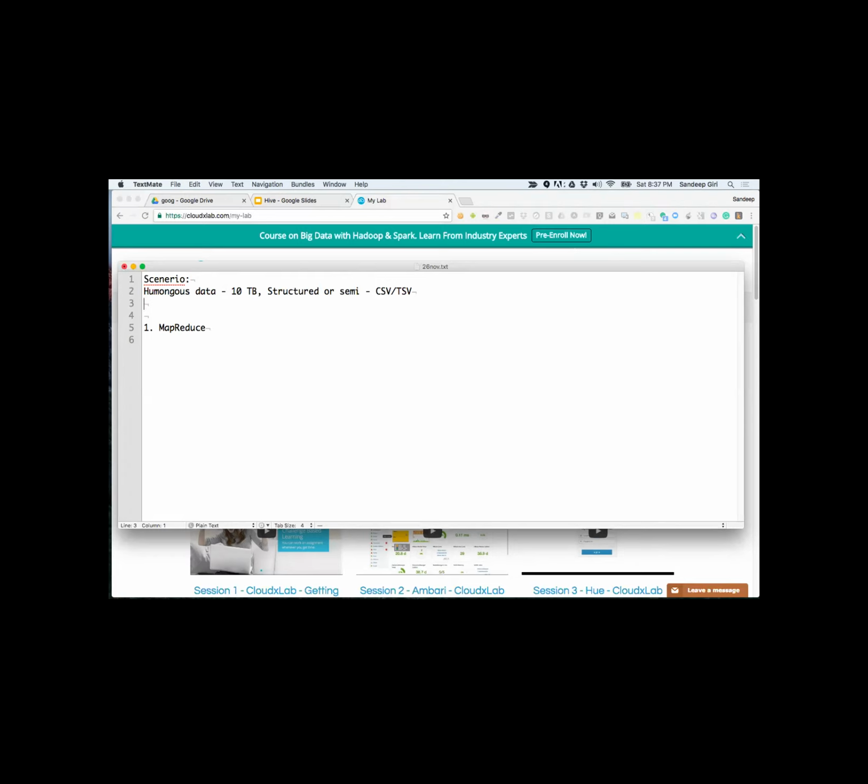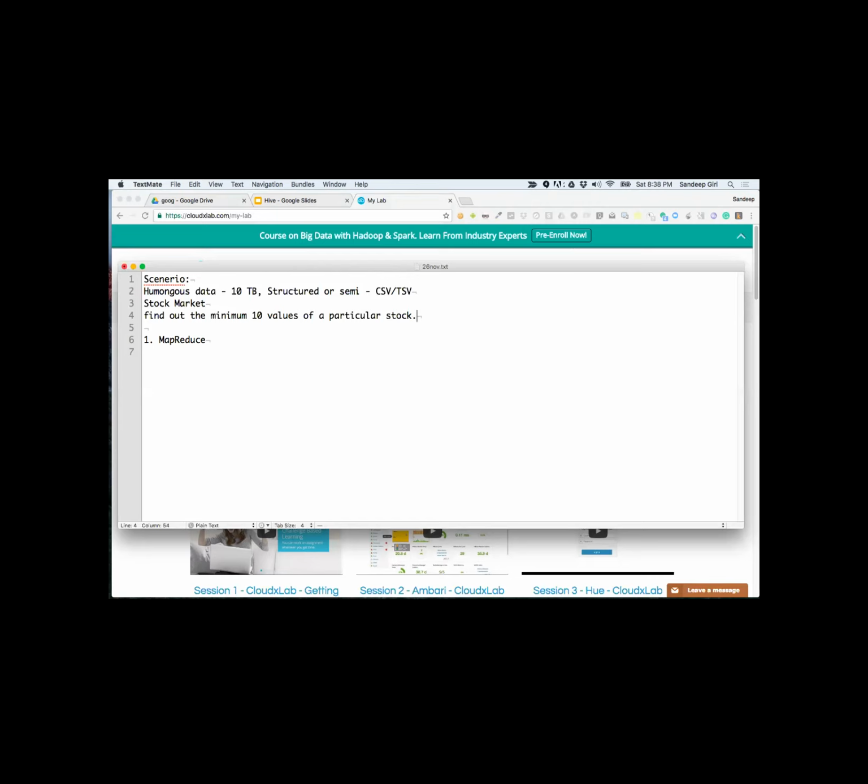Let's say this data is about stock market, and what you want to do is find out the minimum value or minimum 10 values of a particular stock.